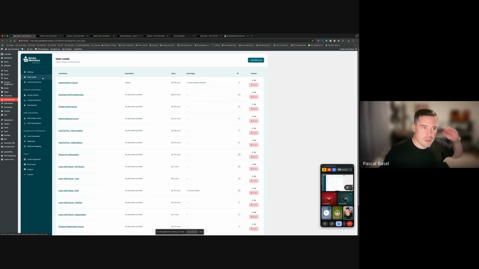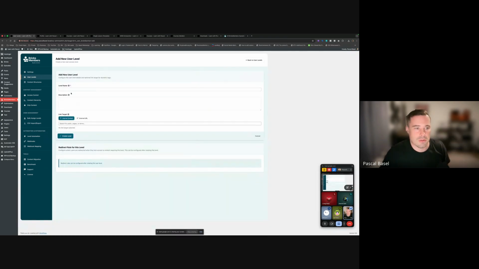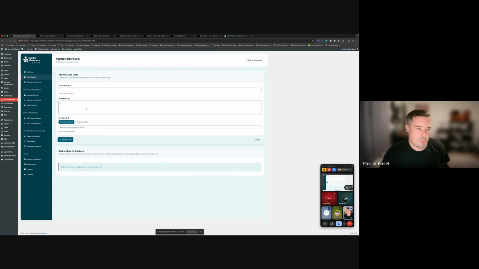So much about this tab. Then user levels, that's super easy. You just click the add new level button on top and add a level name. It's really the only mandatory field that you need here. The description and link target are optional. Link target is only if you list user levels on a user profile page, for example, then this is where